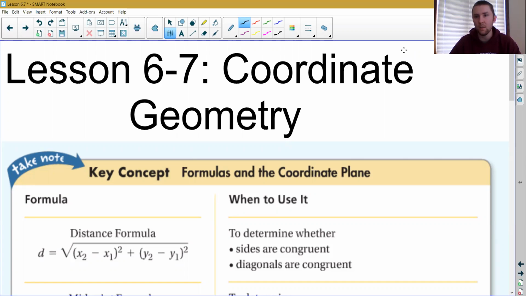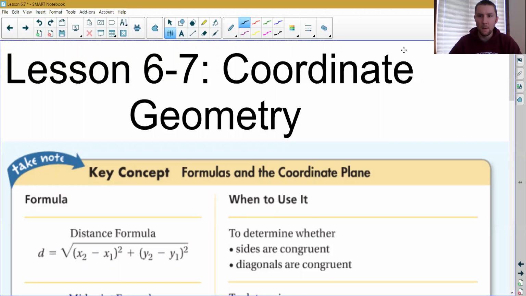Okay, so we've been talking in this chapter a lot about polygons, specifically quadrilaterals. How do we prove that something is a parallelogram, and what are the properties of parallelograms? And we talked about rhombuses and kites and rectangles and squares and trapezoids and all those special kinds of four-sided